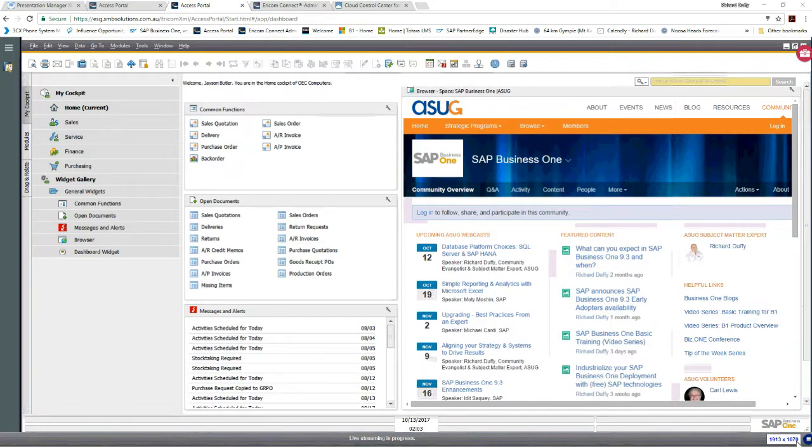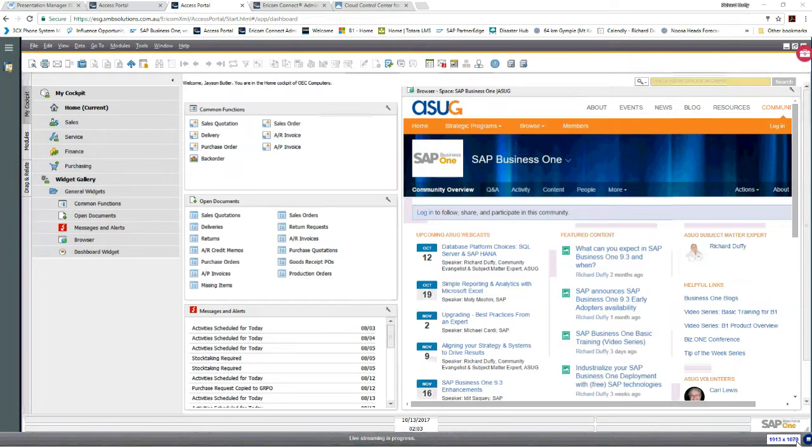So, what are we going to talk about? Well, we're going to talk about a topic that's near and dear to many people's hearts. I think it's fair to say that for quite some time, most people are aware that there are multiple choices of database platforms available for SAP Business One. So you have SAP Business One, which is available on SQL Server.